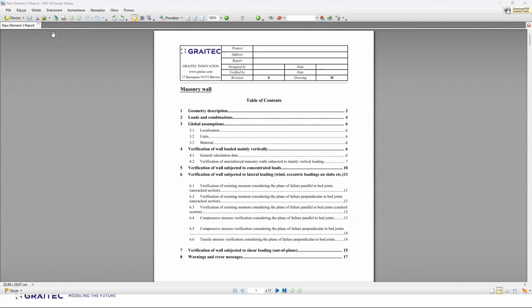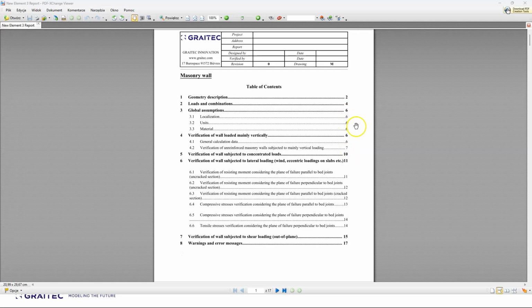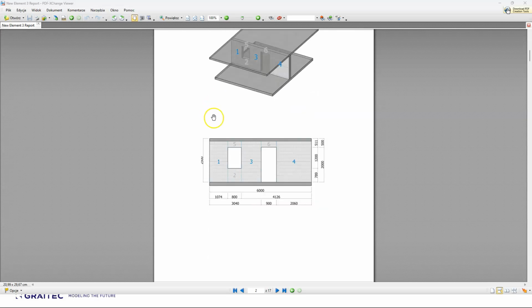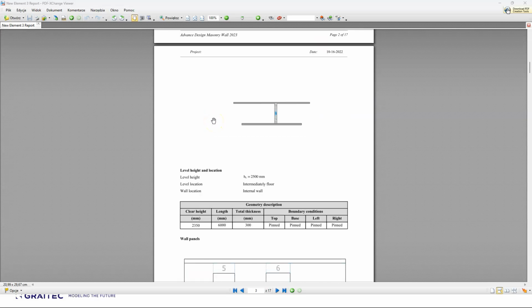So please see right now that we have a very detailed report generated with 17 pages. And this could be either for you to check how the design was performed, or you can deliver it as a design report. So please see, you can see all the assumptions. So the geometry description with all the design panels,